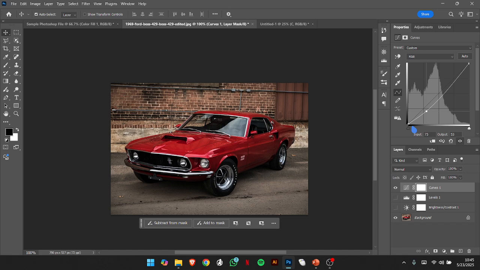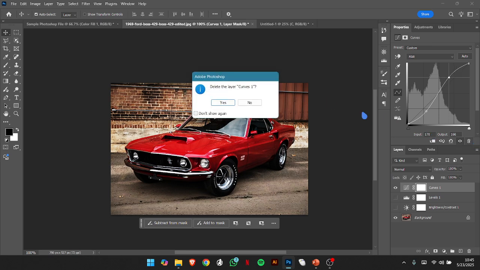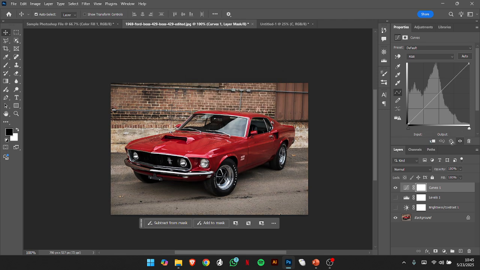Moving this area right here will allow you to decrease the level of the shadows. Move it just like that. Similar with the levels. However, the real power of the curves comes from this tool right here, which will allow you to select the area that you wish to adjust. In this example, let's try to select the red area. So if you want to change this part right here, make sure to select this area and